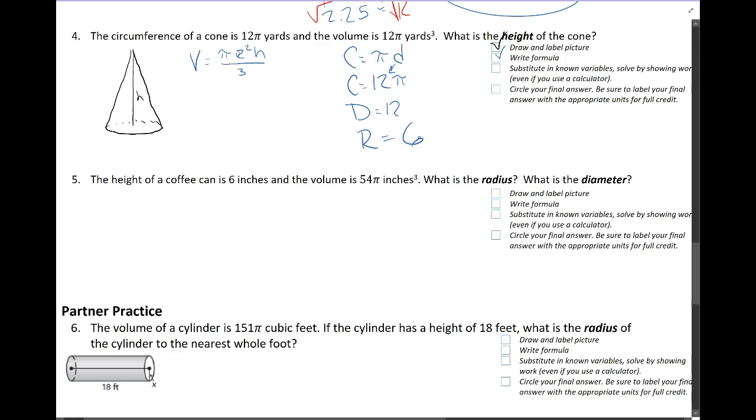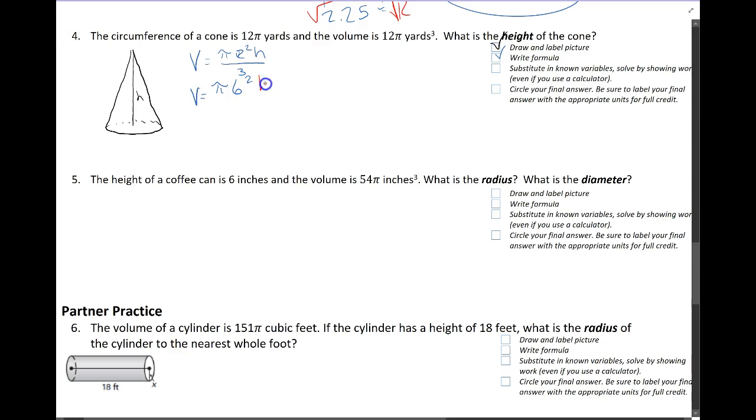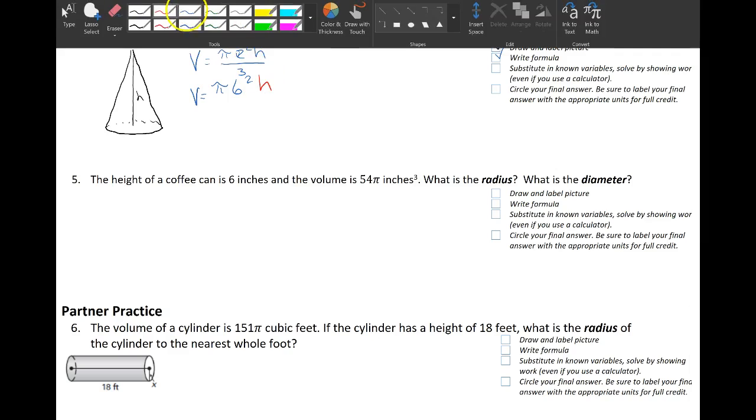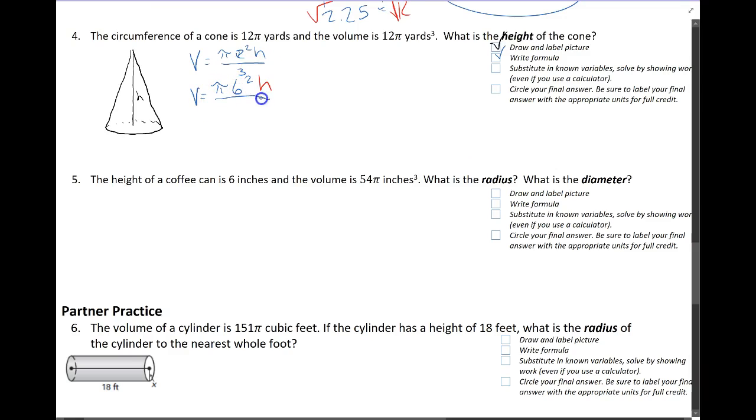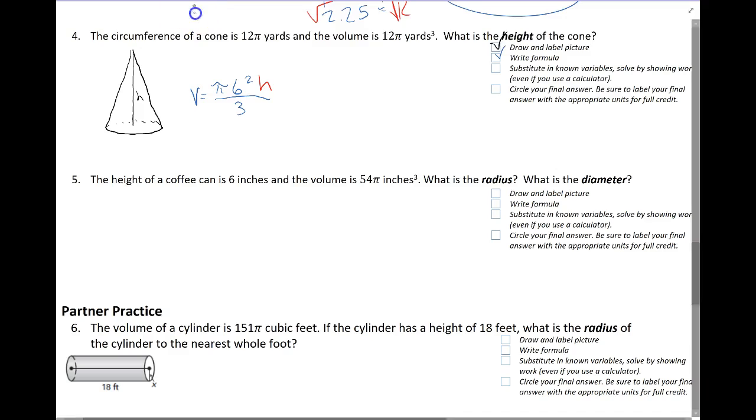Now I have some values I can substitute in. So if the radius is 6, I'm going to say, okay, volume equals pi times 6 squared times the height, all divided by 3. That's kind of tough to see, so I'm going to move this just so you can see what we're really dealing with here. So now that we have this,